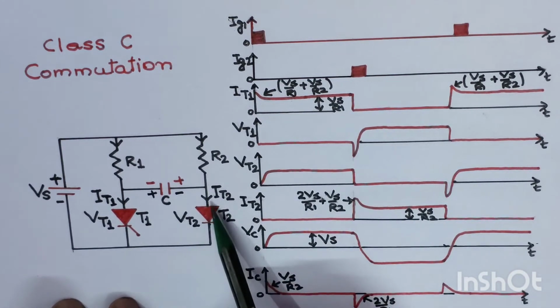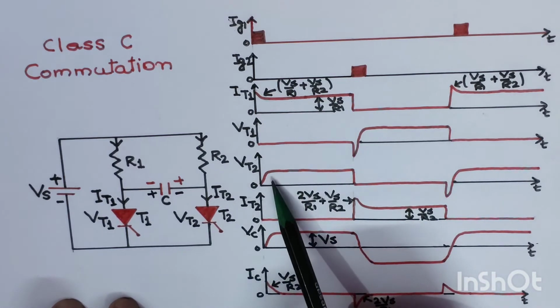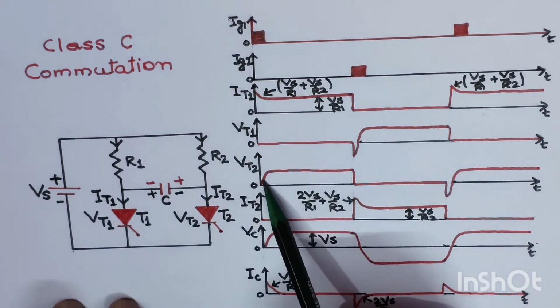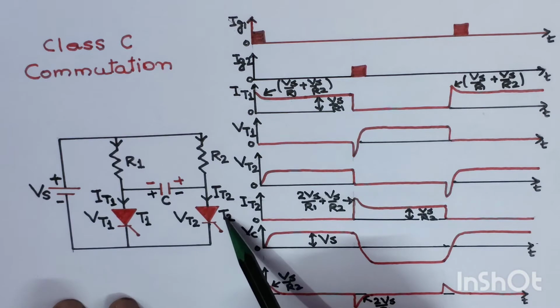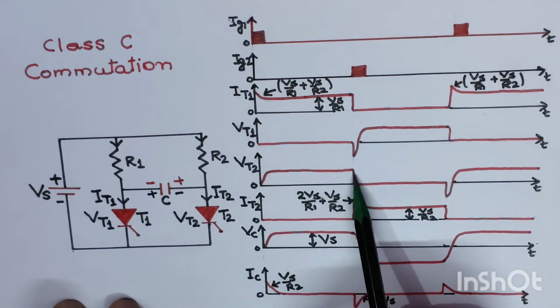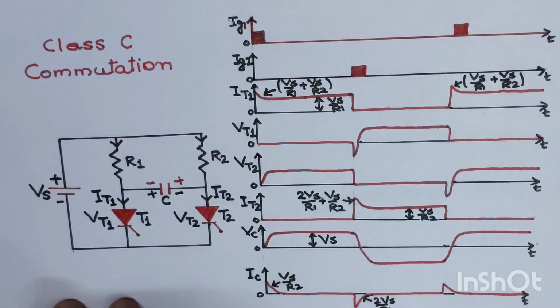And since thyristor T2 is not conducting in this stage, there will be a maximum voltage, or the voltage according to the supply voltage availability, that will be available here. So this is the supply voltage across the thyristor T2, that is VT2, available at a maximum value from here to this point. Now what will be the current IT2? Since thyristor T2 was not conducting in this stage, IT2 current is 0 from this position to here.